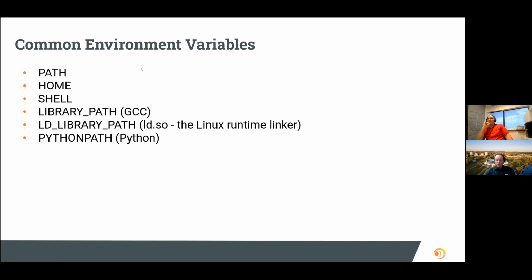So again, here are some common environment variables. PATH, that's where,